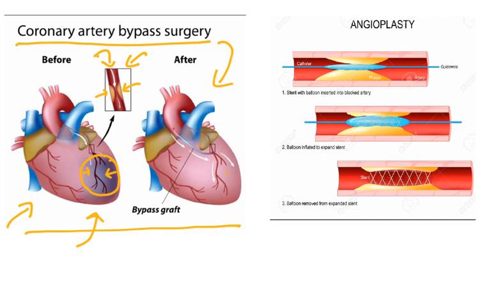To this area, when the coronary artery is blocked, a bypass graft is inserted directly from the aorta to the affected region. You can see this one, this is called the bypass graft. This is nothing but a vein which is extracted from legs, and it is placed between the affected area and aorta. From aorta directly the blood reaches this affected region and the blood supply increases. This is called coronary artery bypass surgery.